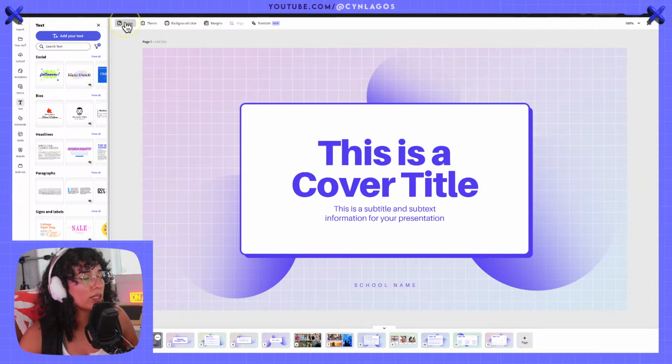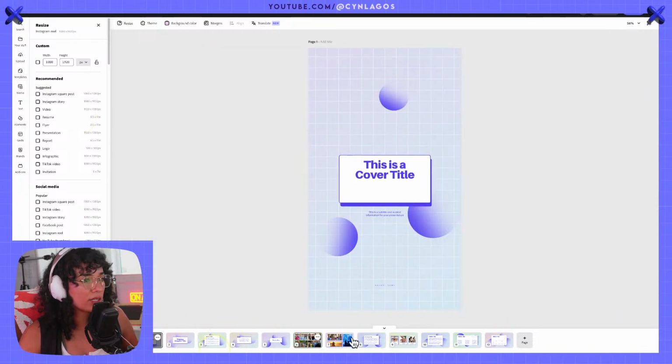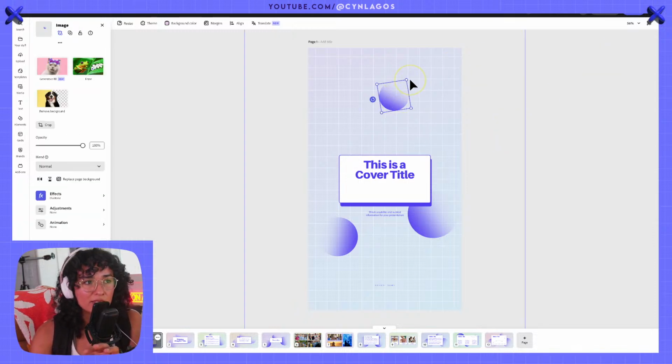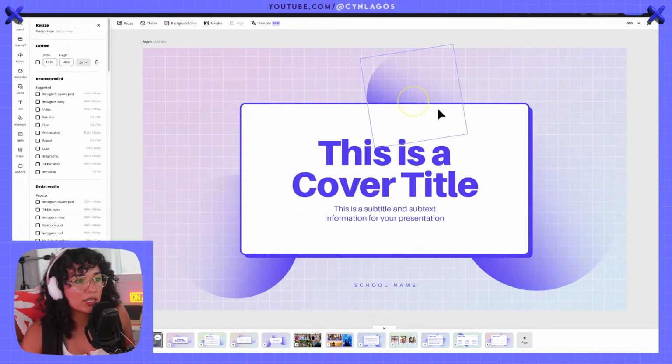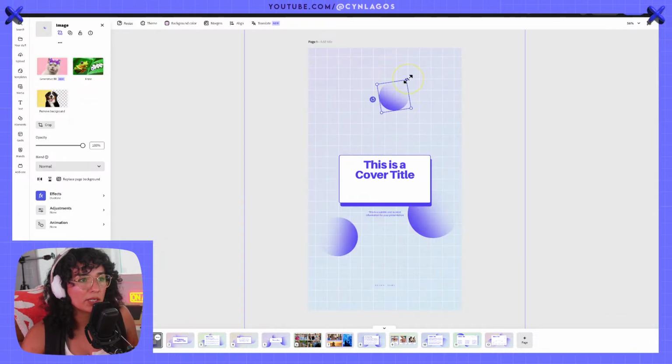So what I'll do here is I'll resize this to an Instagram reel story. What should we do? I think I'm going to do an Instagram reel. So resize, and we'll just be resizing this one. And what you notice here is that it doesn't just squeeze and crop out all of the assets, but instead it resizes the assets along with it. So it was like this, and now it resized. So that's really cool because then we have less work to do on our end.